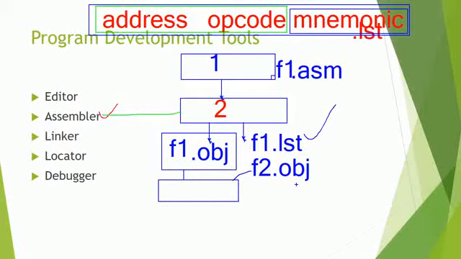We are actually writing only one file, f1.asm, and we are expecting only f1.obj, but why do we have f2.obj, other files with different .obj extensions? Why do we require them? There are different explanations, but let me take one simple example of your C program. In a C program you have the header file statements, #include stdio.h, #include conio.h, math.h and so on. You simply write the header files, and after that you start the main function.